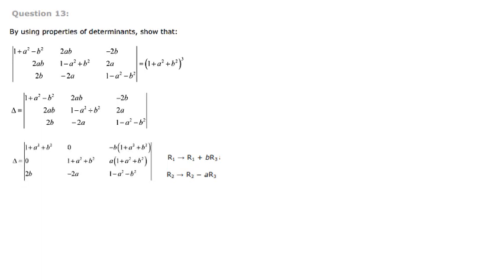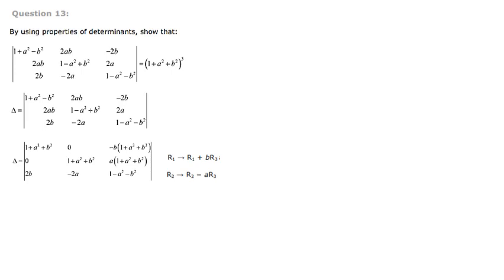That is delta is equal to r1 changes to r1 plus br3. See, r1 is 1 plus a square minus b square plus b into 2b, that is 2b square. So 1 plus a square minus b square plus 2b square. When you do the calculation, you will get 1 plus a square plus b square. So remember, if you feel difficulty doing this type of calculation mentally, please take a rough paper and do the calculation. Whichever is convenient for you, that method you can follow. If mental calculation is easy for you, go with that way, or else you can go for rough calculation.